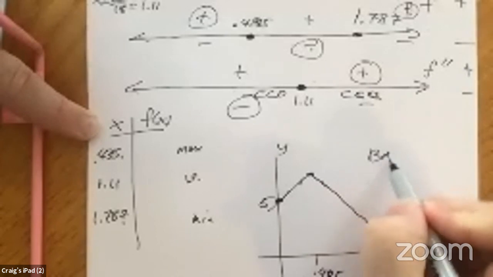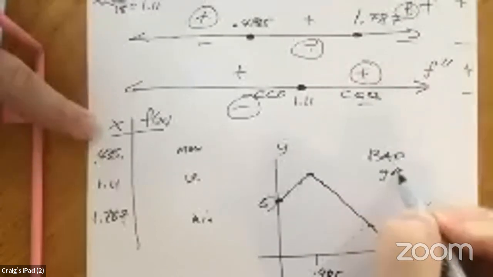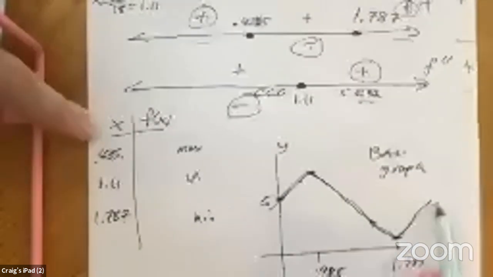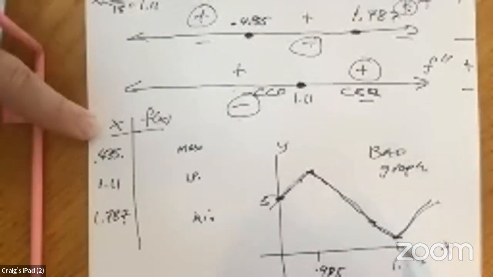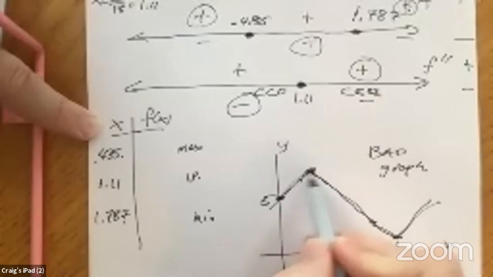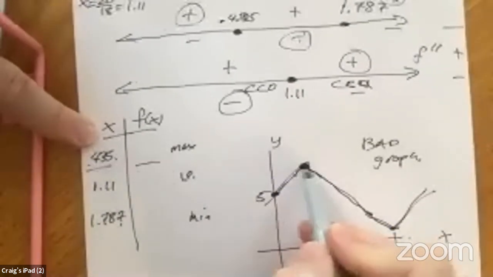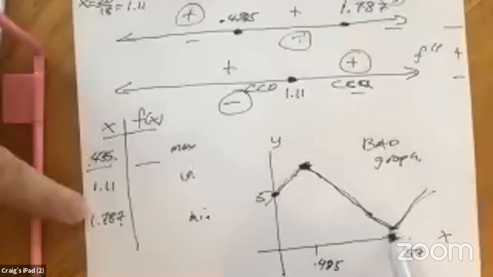Okay, this is a bad graph, but it has some of the basics, right? It's increasing here, decreasing, then increasing. Now, it would be a better graph if I found out what that value is. I plugged in 0.435, and I plugged that in,